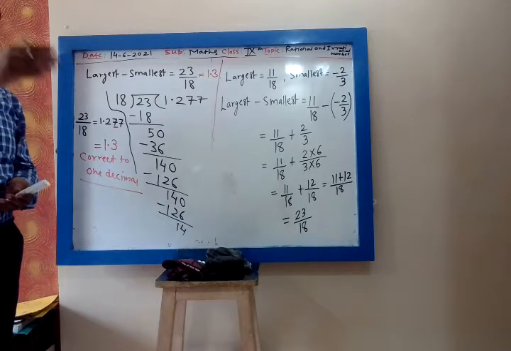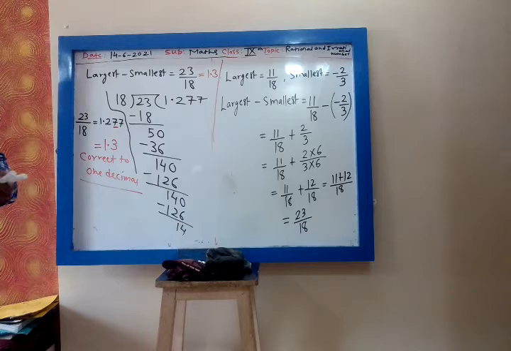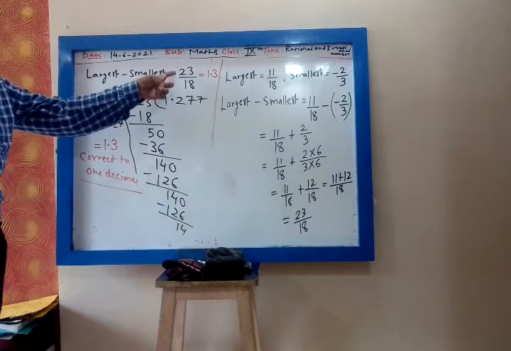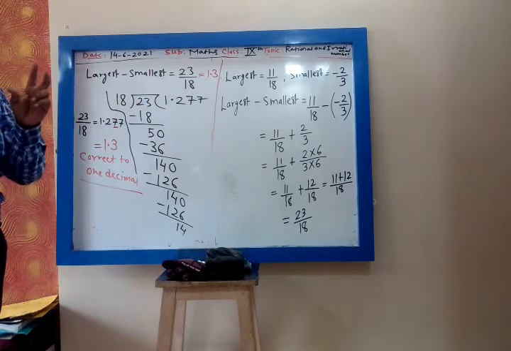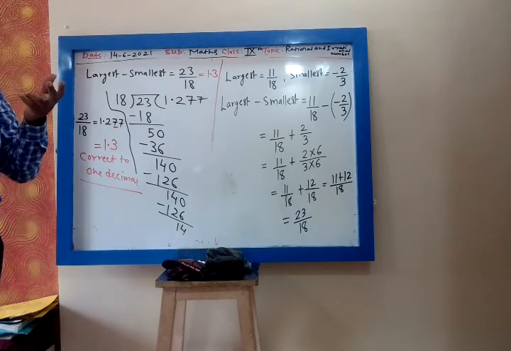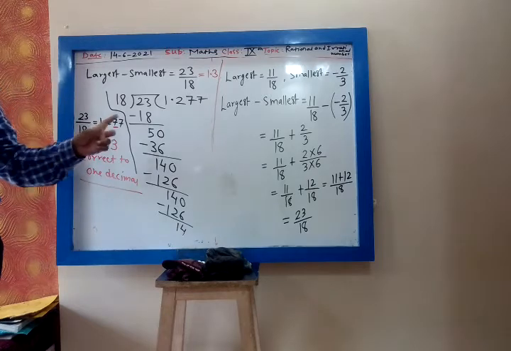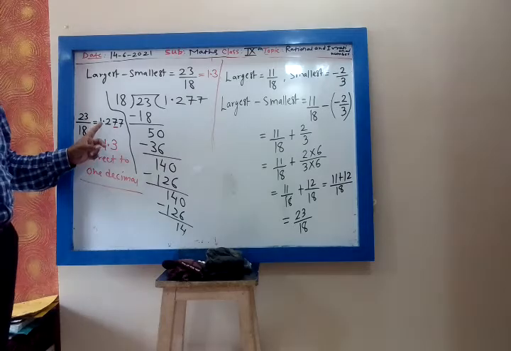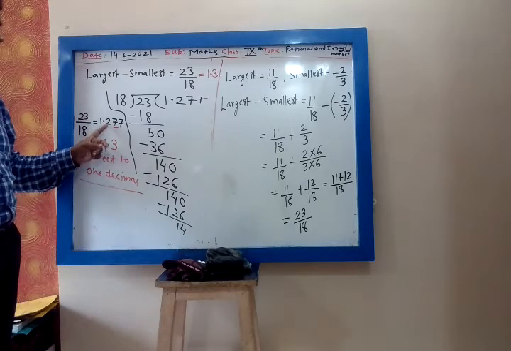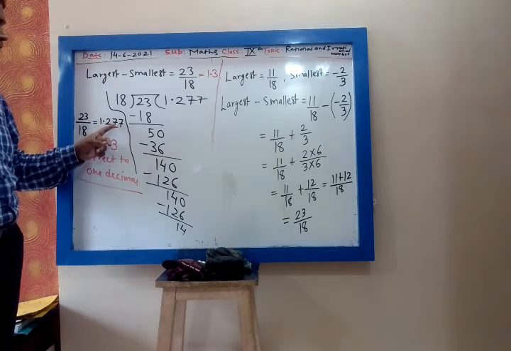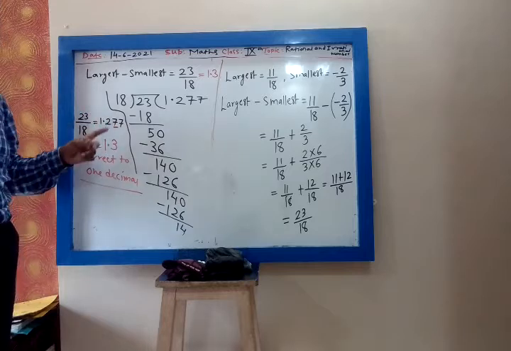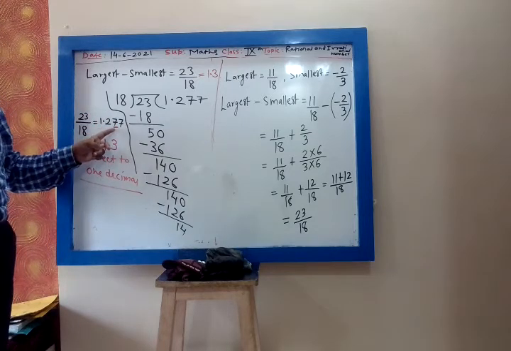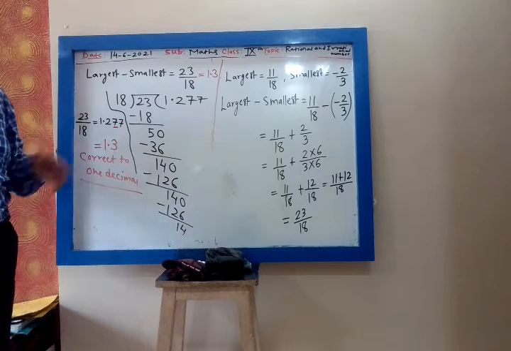Ascending order means smaller to bigger. And after arranging them in the ascending order, we have to find the difference of largest and smallest. Difference means minus. That was 23 upon 18. Then third step, to express that as a decimal fraction correct to 1 decimal place, I will divide 23 by 18, 1.277 to 1 place. If the next place of the decimal is 5 or more than 5, then you increase the previous decimal. So this is 7, more than 5. So this 2 will become 3.